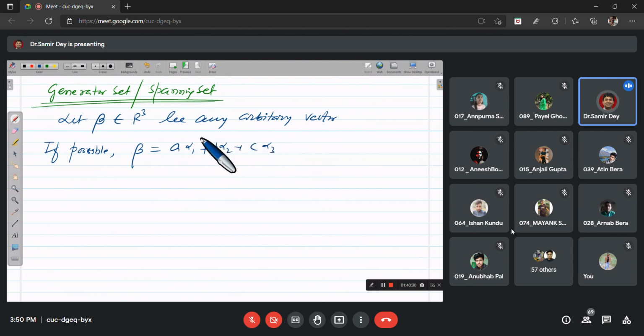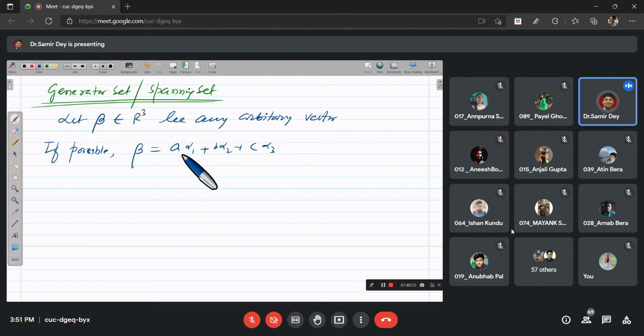Because C1, C2, C3 and this A, B, C are totally different. Now, if beta can be expressed in this form, where A, B, C are all finite real values,